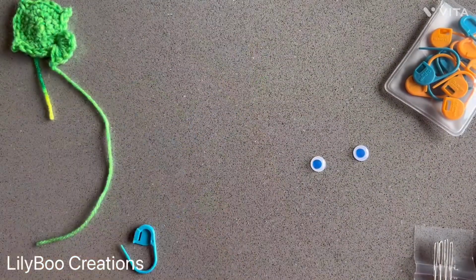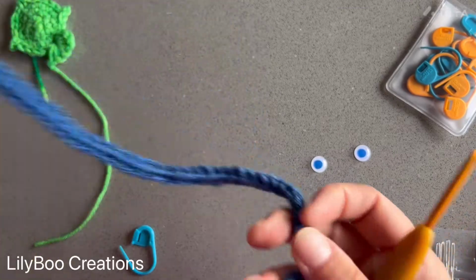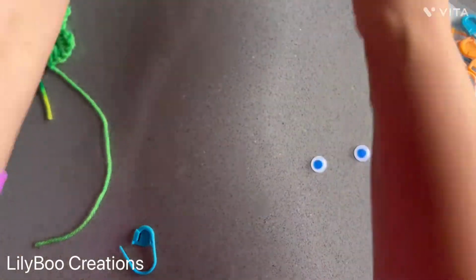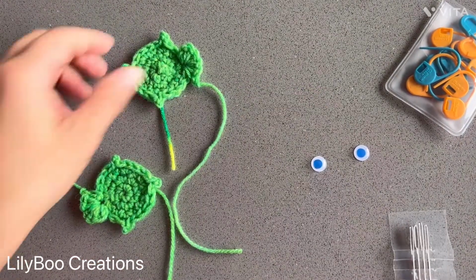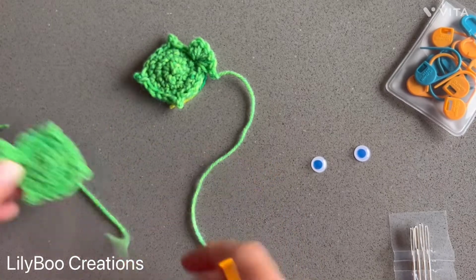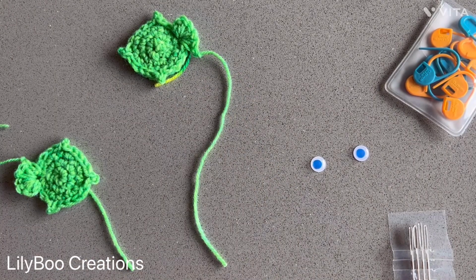You don't have to make a second one. You can just leave it like that. But then I feel like it has weight on each side, so it's not gonna slip out of your book. All right, my 2 fishes are done. They're so adorable. So now we need to make